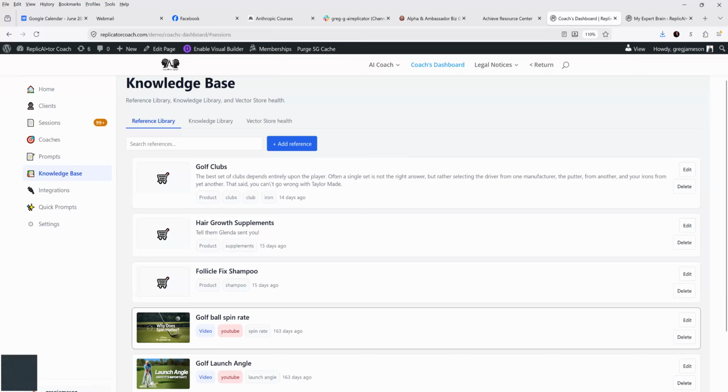You can have videos, you can have links to products, you can have PDF files, you can have images, basically things that you want to display to your customers based upon certain keywords that appear either in their questions or in your AI